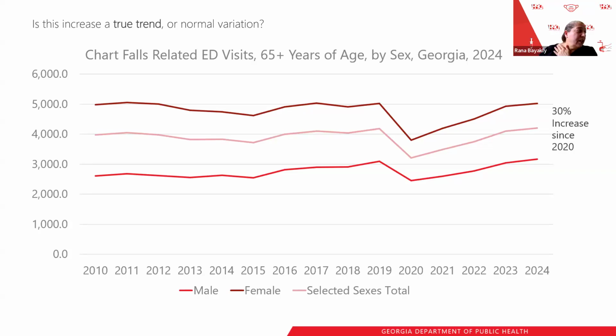So if you take the rate for 2020 and compare it to the rate for 2024, then you could see that there has been a 30% increase in falls related ER visits for